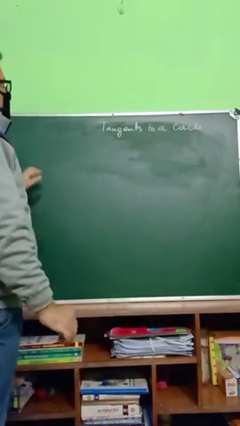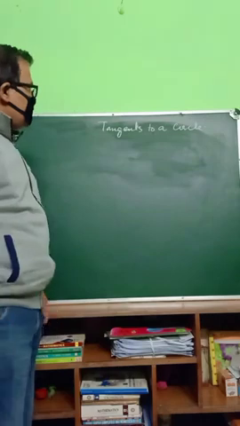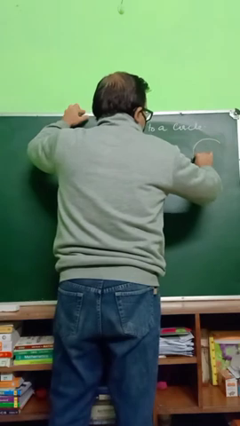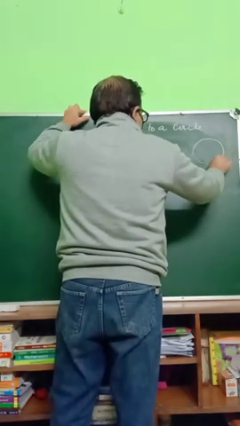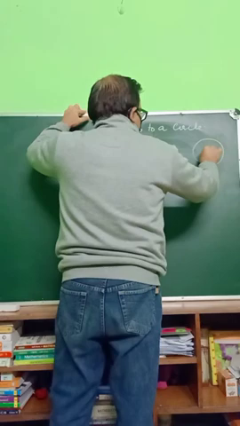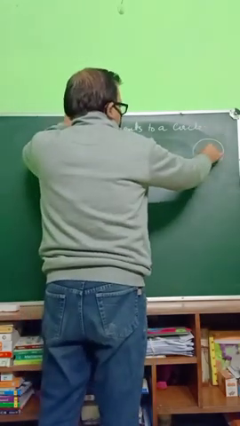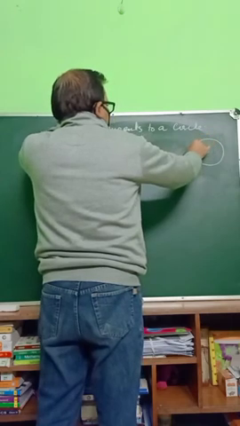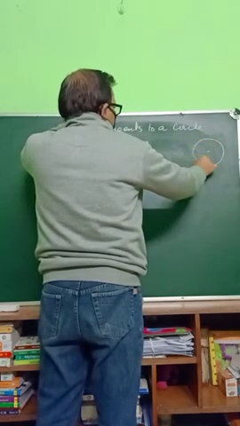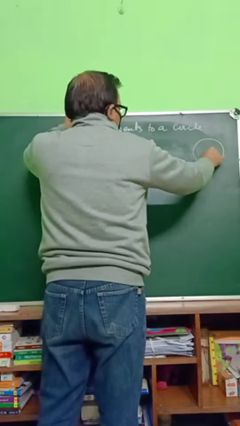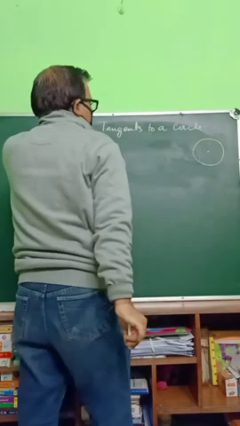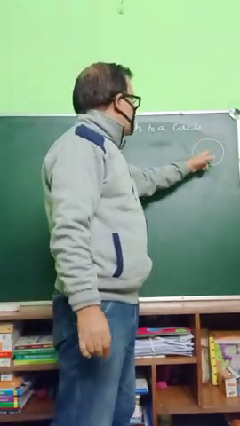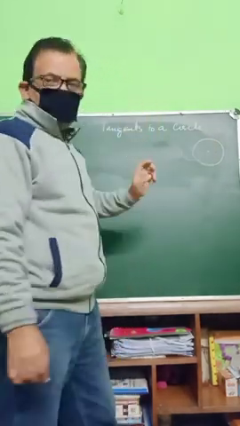So what is a circle? The locus of a point which moves such that its distance all around is the same. We have a pencil which we are going to rotate here. This is the fixed point. The moving point travels on this track, and from any point on this track to the fixed point the distance is the same. So the locus of a point which moves such that its distance from a fixed point is always the same is called a circle.